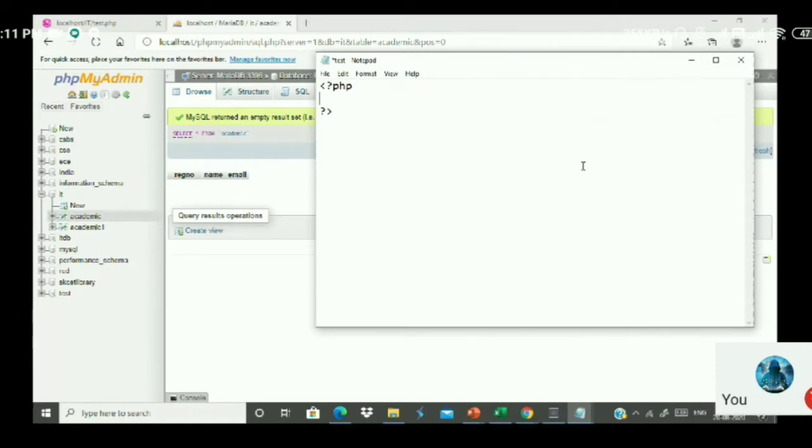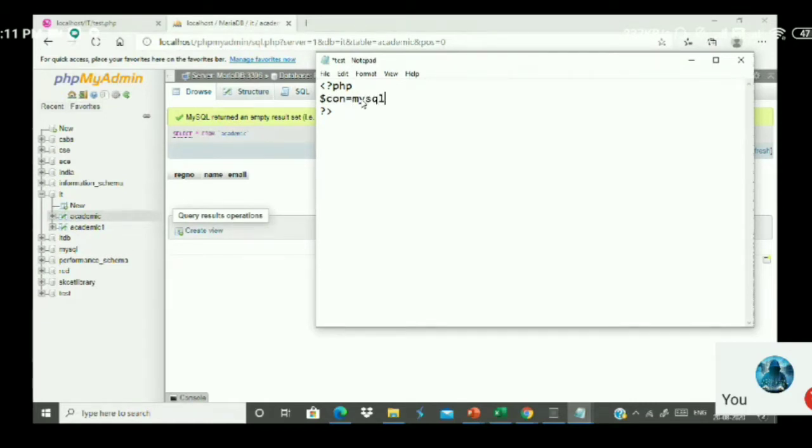Now, first I have to ensure whether a connection can be established or not. So what should I do? Now understand my problem. I have to ensure whether the table academics is created or not. If the table academics is created, then I should simply ignore it. If it is not created, then I have to create a table here inside the database called IT. Now listen here. First, I want to check the connection.